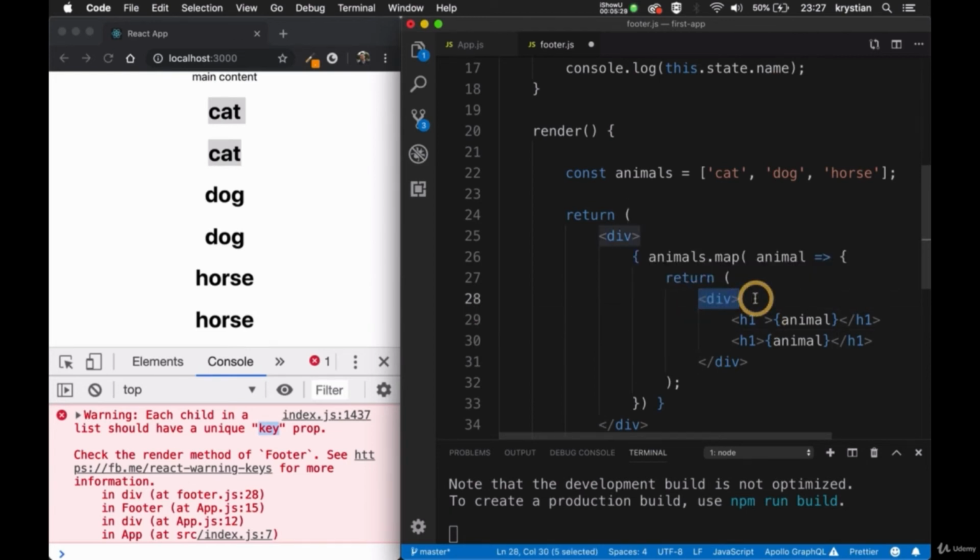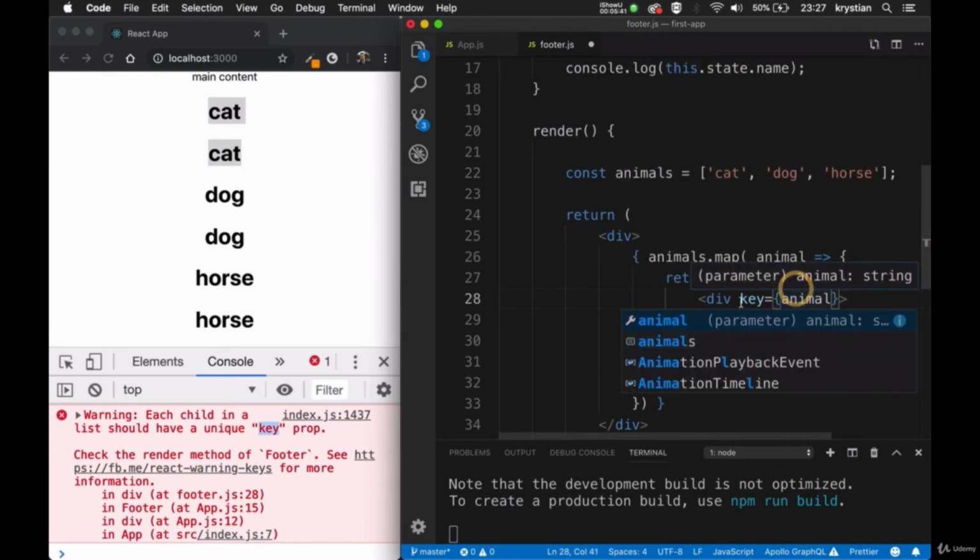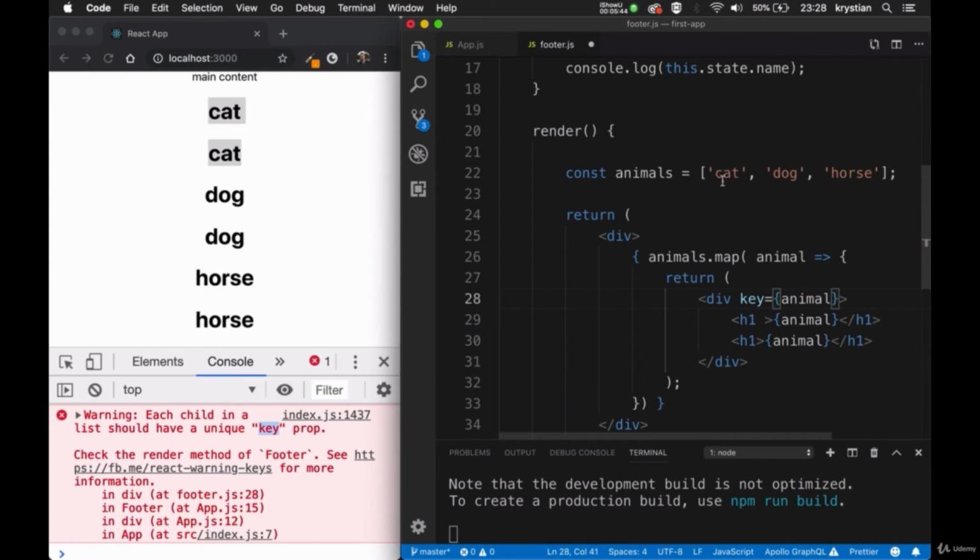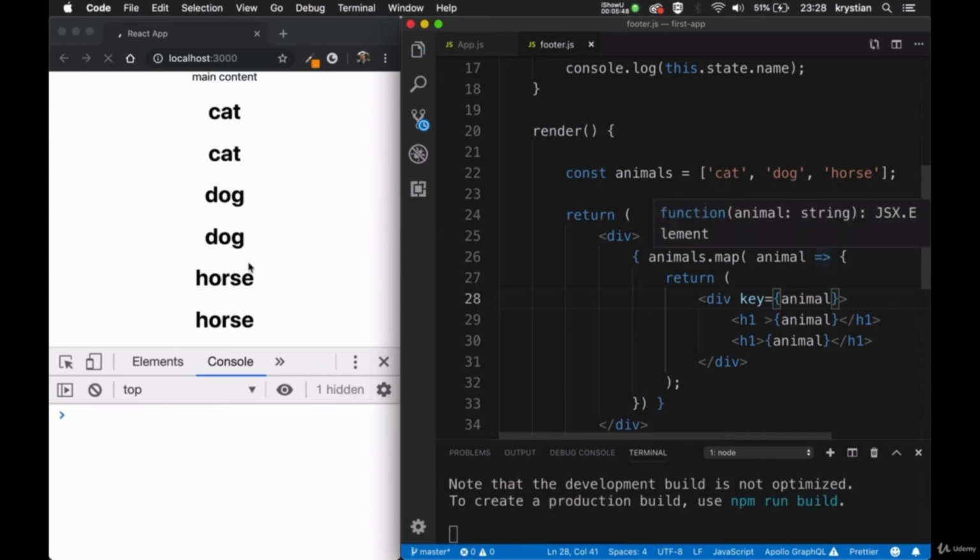So if you return, this div will need to have a key. And I can do key here, and then I can name it in a unique way. I can do animal here because I know that animal is unique. I have cat, dog, and horse. So what I could do is save it, and now I don't have that error anymore, because